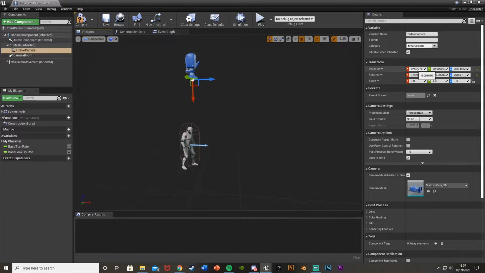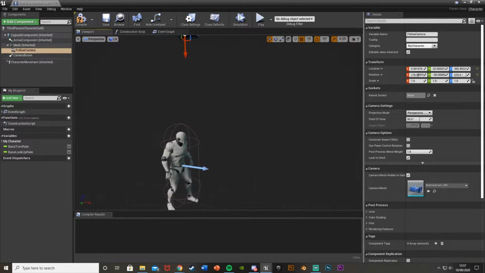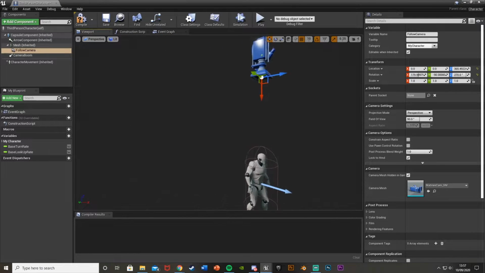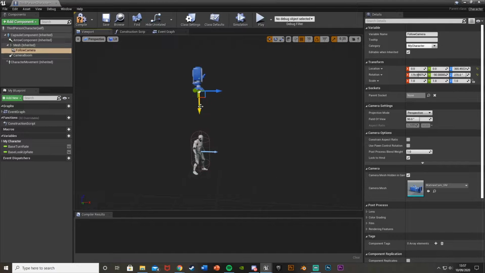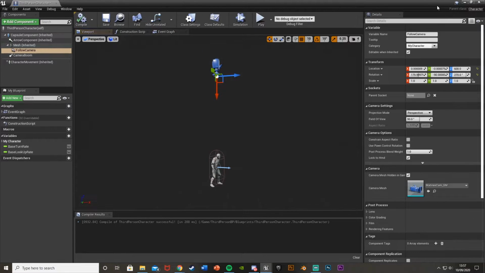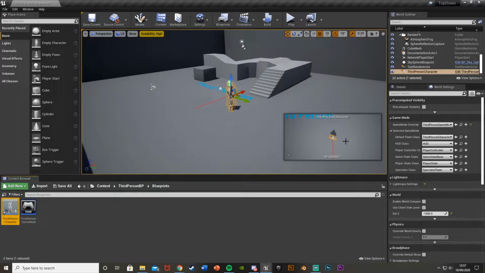To make sure it's centered, just put the X and the Y at 0, 0, 0. Now it should be centered above the player, like so. And then you can just change the height to be whatever you want it to be. I'm going to put it at about 600 and see if that's good. If I compile that, close it, that's what it's going to look like, and I think that looks quite good